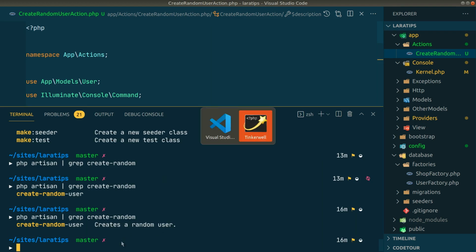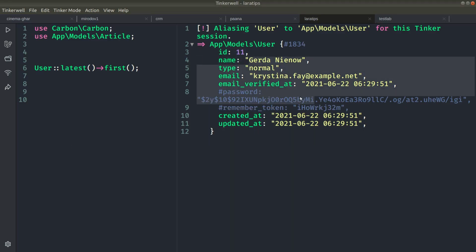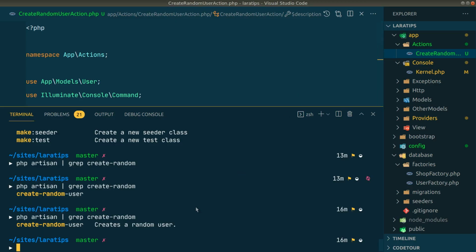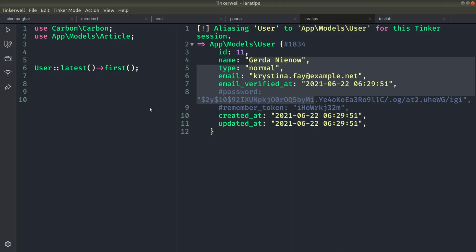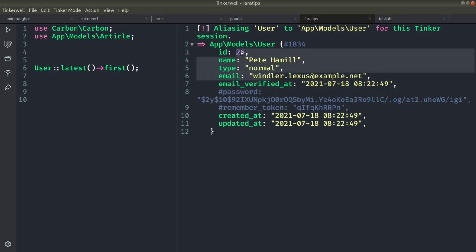And if I show you here, this user is present in my database. Okay, now if I just run this command, create random user like this, and if I come here and reload, now you can see here guys, a new user is created with the ID of 26.